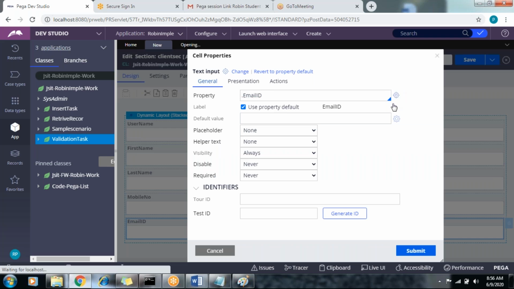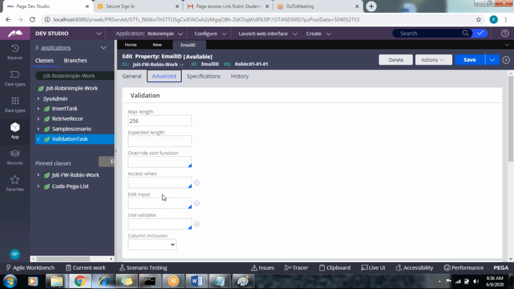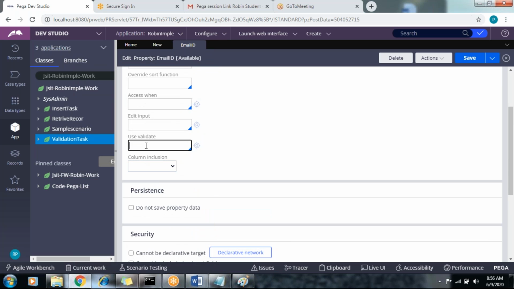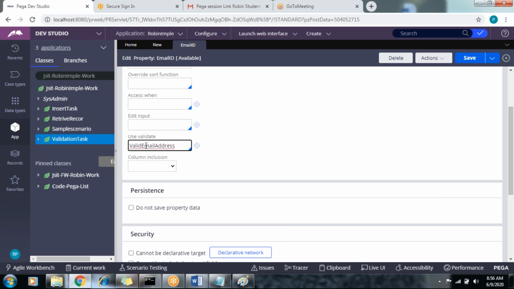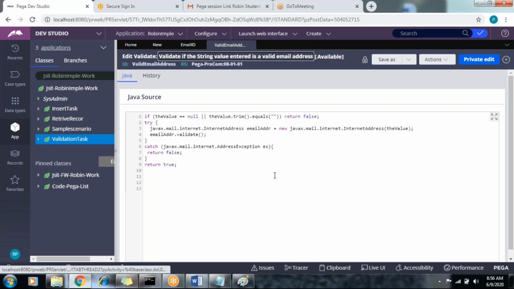In the email property, suppose whenever the customer enters the email ID, the @gmail.com standard is compulsory, right? So in use validate, there is a predefined edit validate rule, valid email address. Valid email address is also holding some Java code.